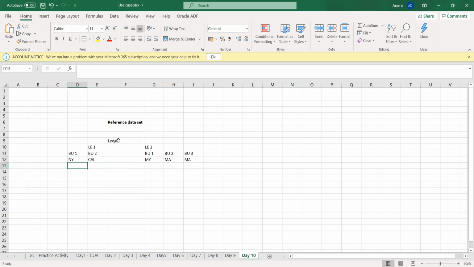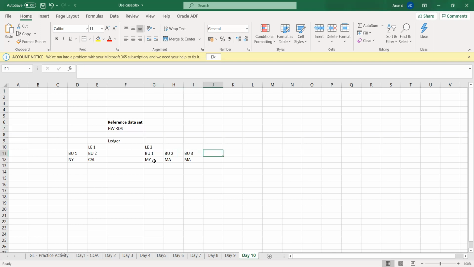In this case, I have two options. I can create one particular reference data set, called maybe HWRDS, and I can attach this particular reference data set to all. What will happen is that all business units will share the common setup, or the common page where we can do the transaction. So if I have attached this one particular reference data set to BU1, BU2, and BU3,